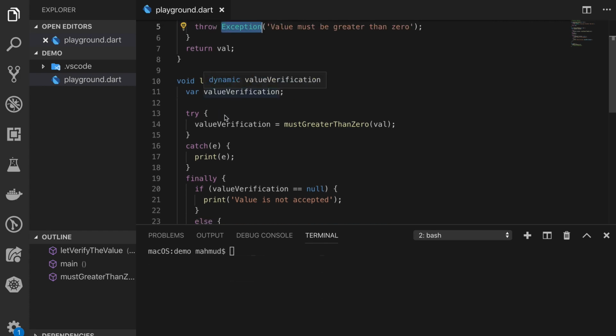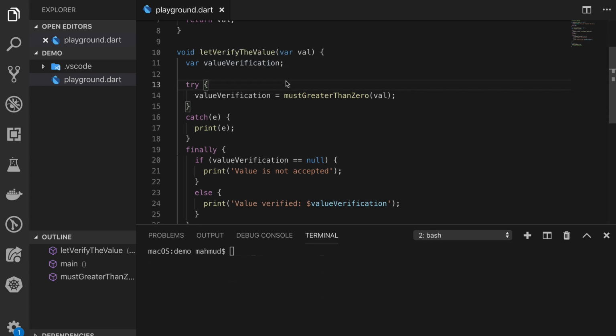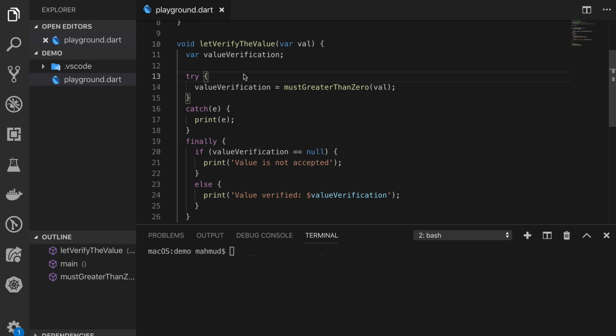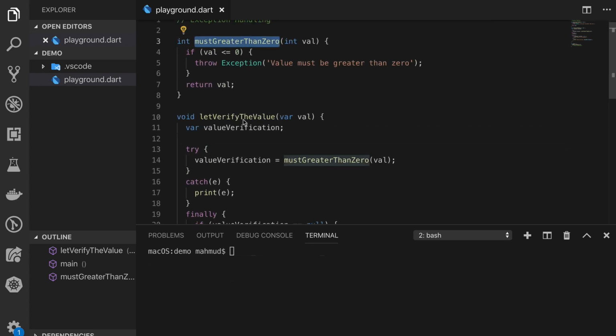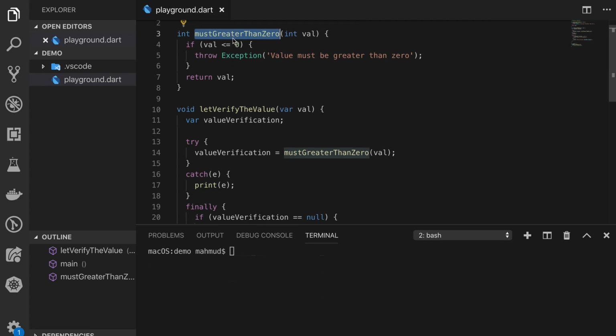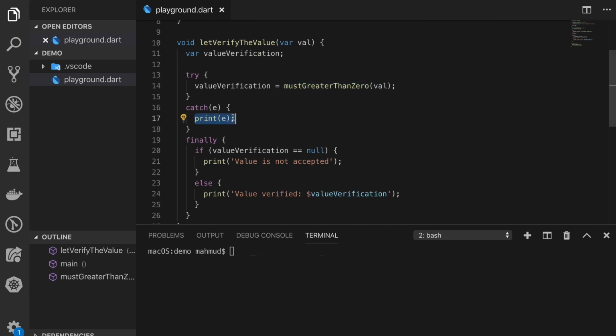So we are defining another function, let's say verify value, where we can pass any value, and within the function we are defining a value verification variable where we will assign the value. As this math function mustBeGreaterThan0 can throw an exception, we have to define this function within the try block. So here within the try block we are using value verification equal mustBeGreaterThan0, and we are passing the value. So if there is an error occurred, then we are just printing the error